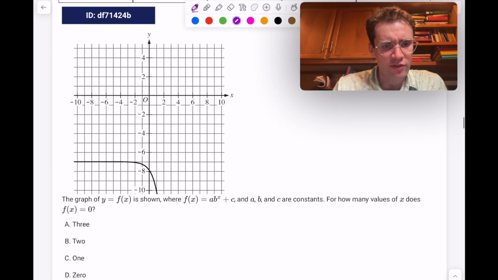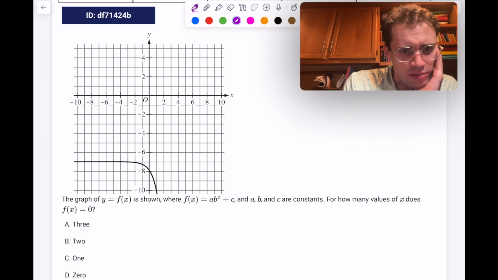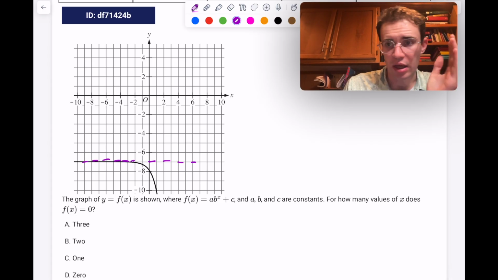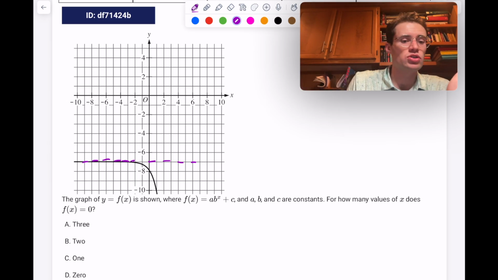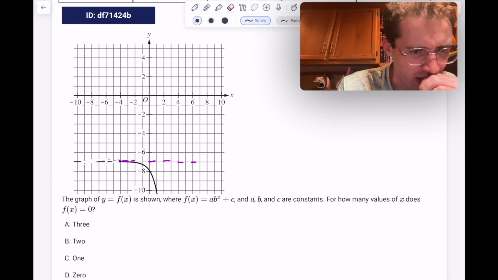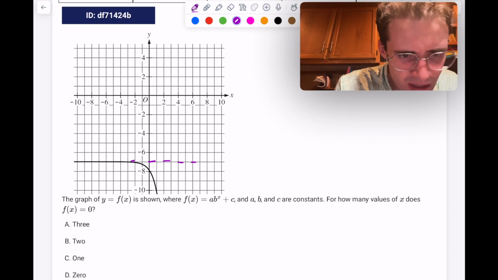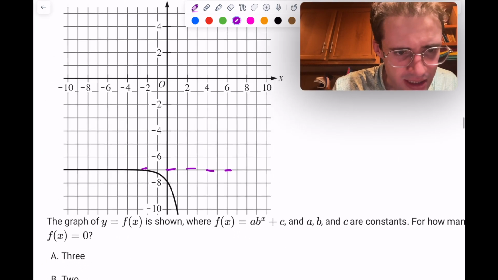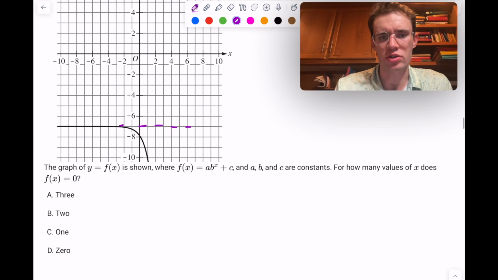All right, here we have a graph. Looks like it's approaching some kind of asymptote at y equals -7. Just like an invisible line that it gets closer and closer to, but never crosses. Although maybe it does cross it. No, look at this. Hard to say. It might just be getting closer and closer to a point where you can't see the